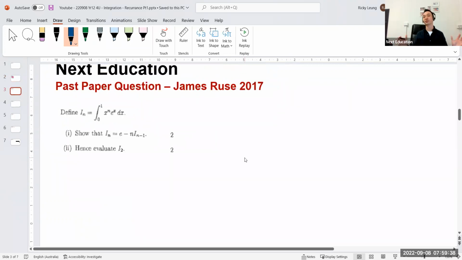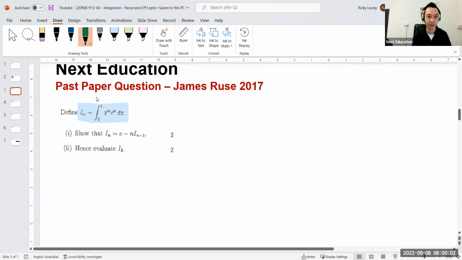This question from James Roos, now a bit of a misdirection here. It feels like a hard question, but this is actually probably the simplest recurrence question you can find, or one of the simplest, where for all recurrence questions, I define for you an integral with a subscript of n, right? And n in this case,